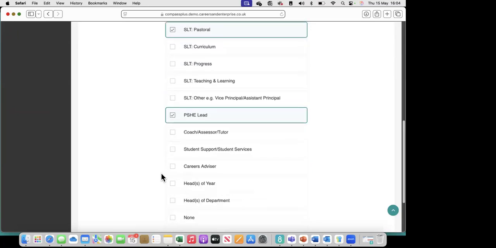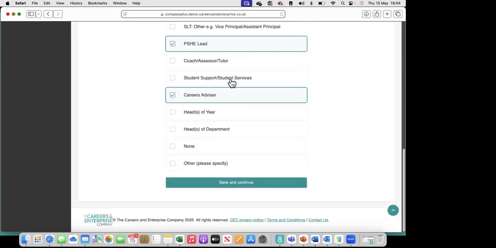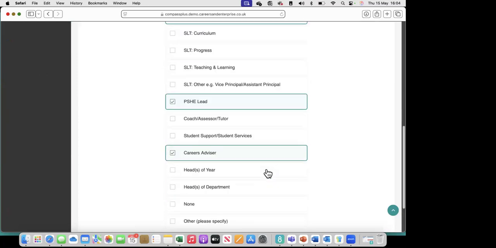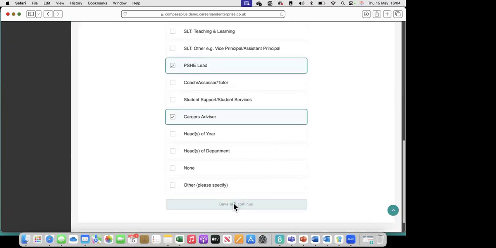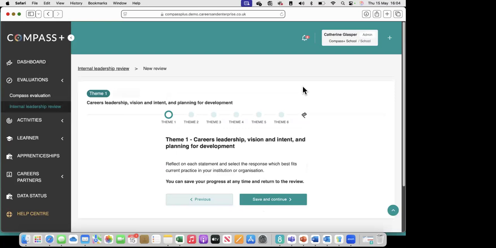You can see there's lots of options here, careers advisor, and that'll do. So we've had all of these different people involved in carrying out our review. So we just click save and continue, and here we go. We now see the 6 themes across the top, very similar to your Compass evaluation where you would see your